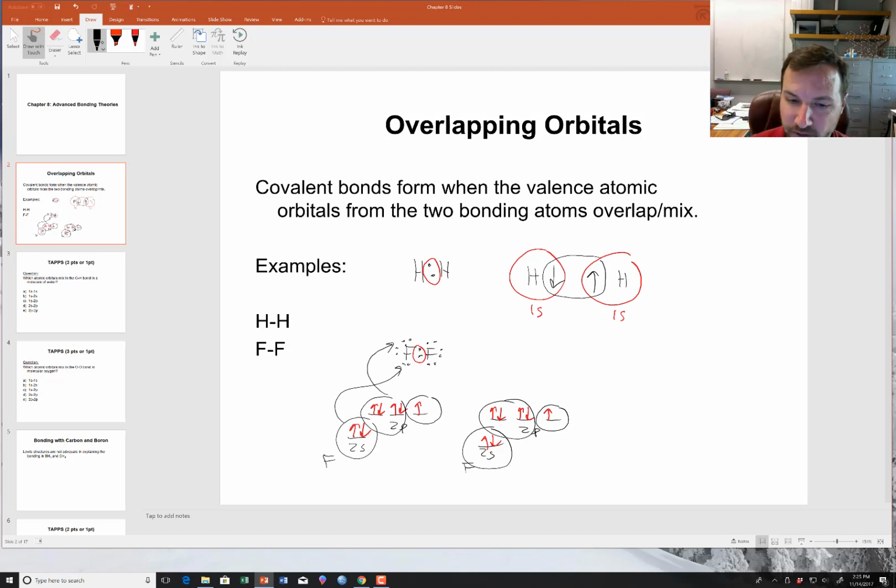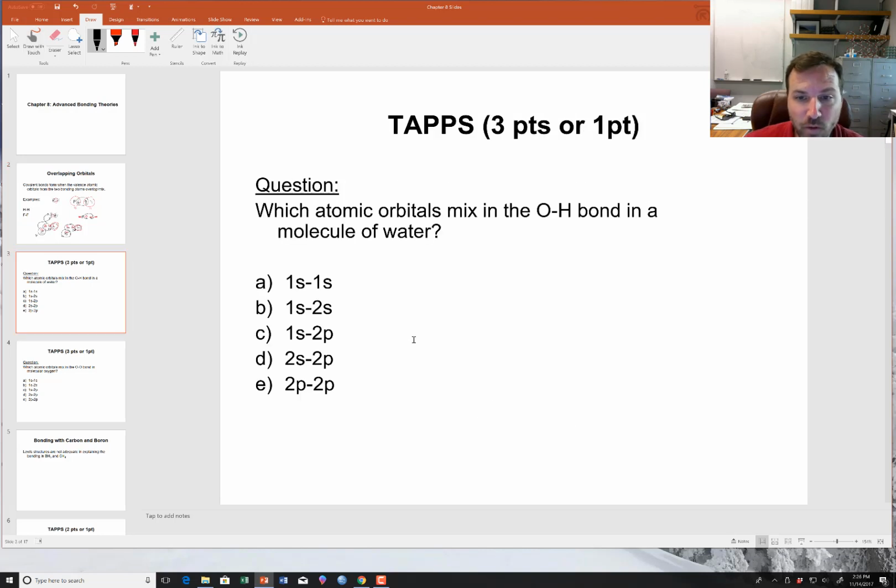And if we draw this fluorine molecule using these 2p orbitals, right? So if we take these two unpaired electrons, now we can imagine that each fluorine would have now these unpaired electrons overlapping from these 2p orbitals to form our chemical bond or our shared electron bond. All right, so then in lecture we did the example where we looked at the OH bond in water, and